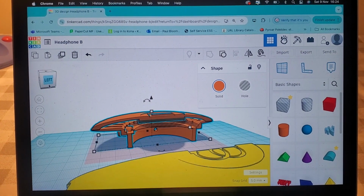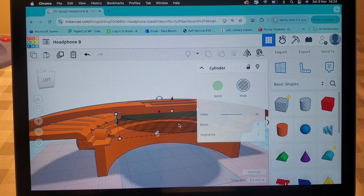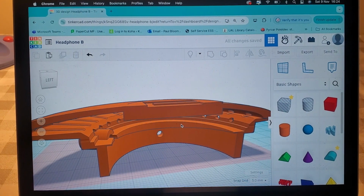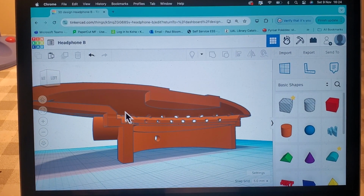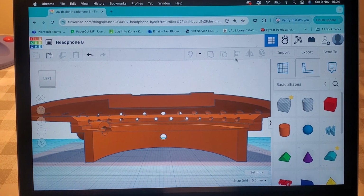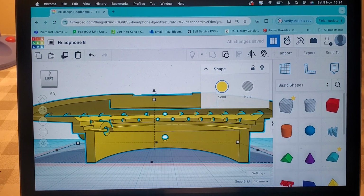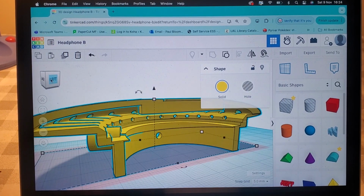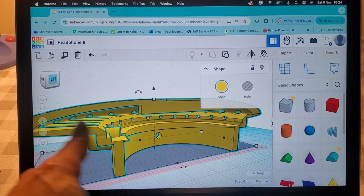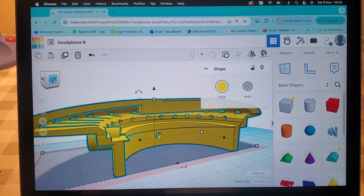So as you can see, I don't know what that is. There's an object in there. I don't know. Oh, there you go. As you can see, this is the interior. Let's change that so it's a better colour for you to see. There you go. So there's a chamber, a small chamber, and there's air holes around that chamber, below and on the sides. And the idea is I can put tuning felt and tissue and